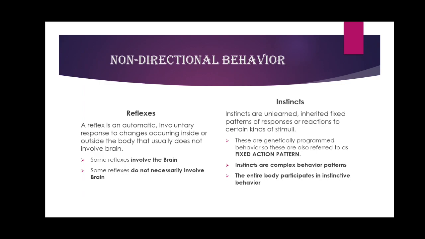For example, in bright light, the pupil of your eye will contract. You cannot stop this reflex, and this is not in your control. In the same way, when food touches the lining of the windpipe, it will set off a coughing reflex, which is again not in your control.